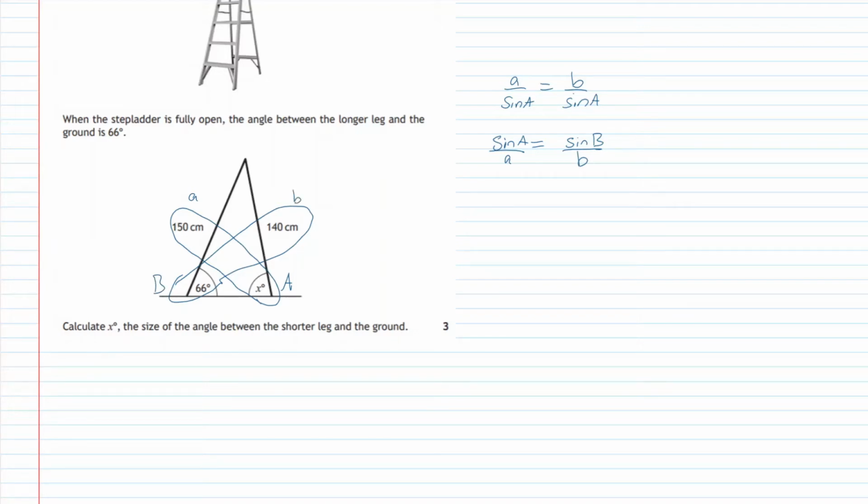Okay, so let's plug all our things in. So sine x over a, which is 150, equals sine B, which is 66, over side b, which is 140. Then we want to get sine x on its own, so we're going to times both sides by 150, which basically means we bring 150 up to the other side. So sine x equals sine 66 over 140 times 150. If we pop that on our calculator, we come out to the value of